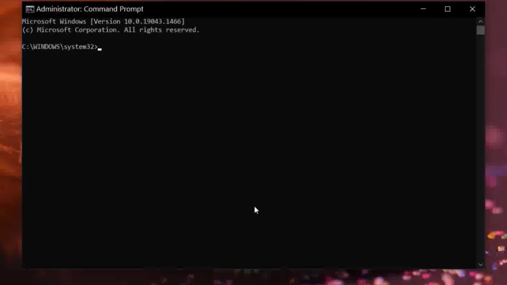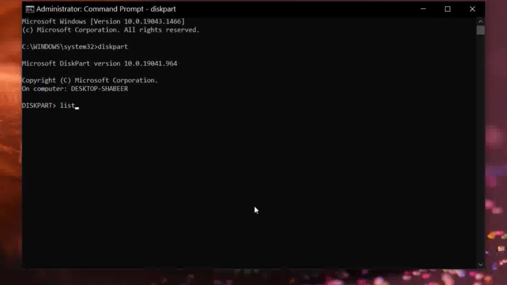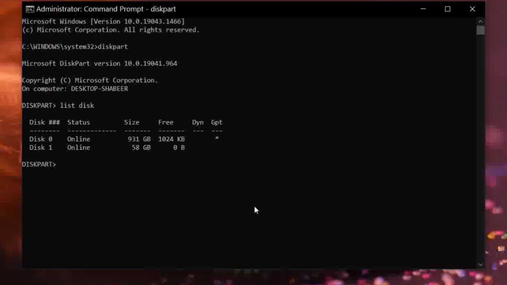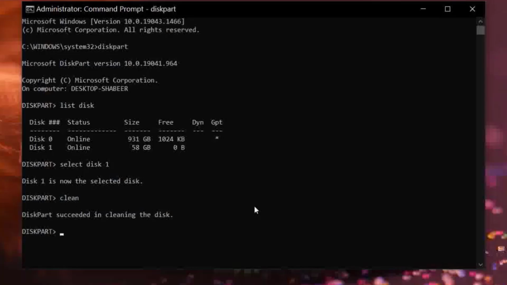At first you can write diskpart, list disk, select disk 1. In my case, as you can see, it's 58 GB. So now clean, create partition primary,